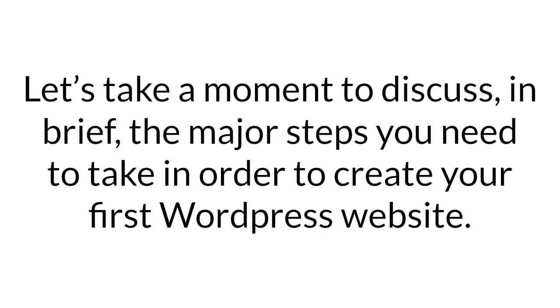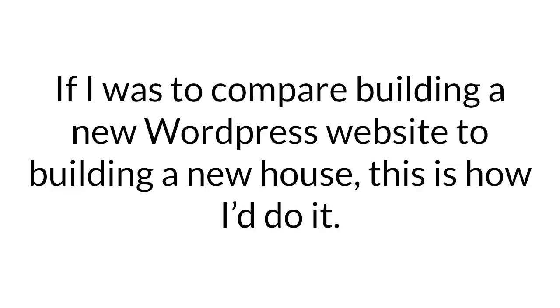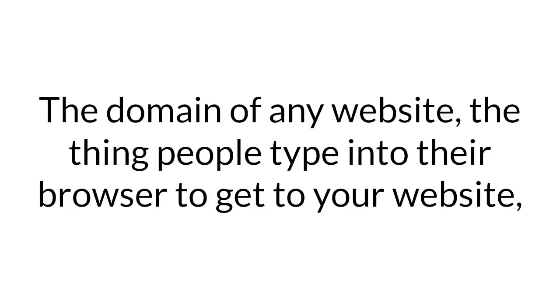Let's take a moment to discuss in brief the major steps you need to take in order to create your first WordPress website. Select and register a domain name. If I was to compare building a new WordPress website to building a new house, this is how I'd do it. The domain of any website, the thing people type into their browser to get to your website,